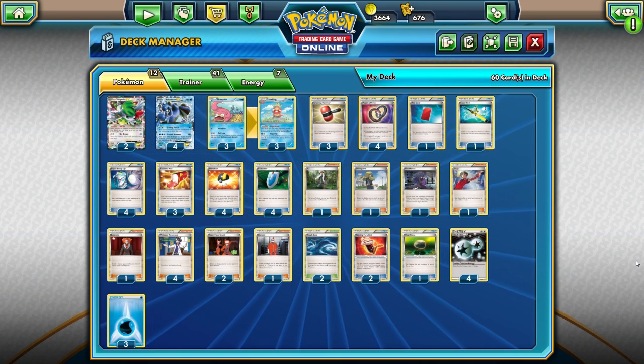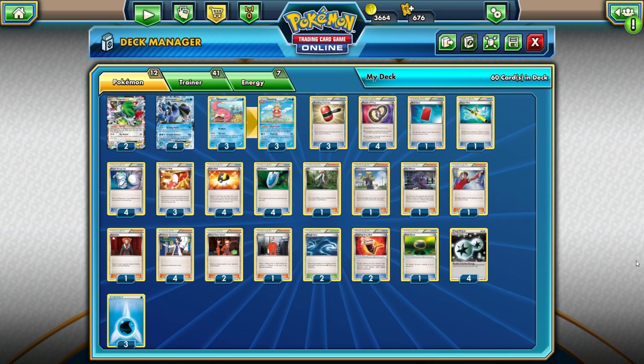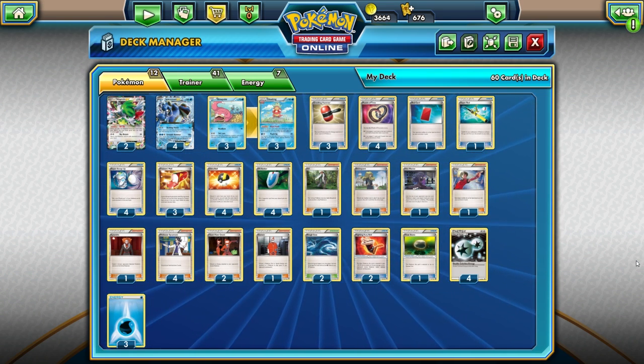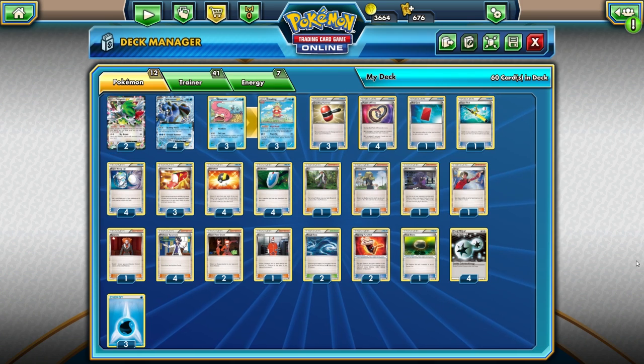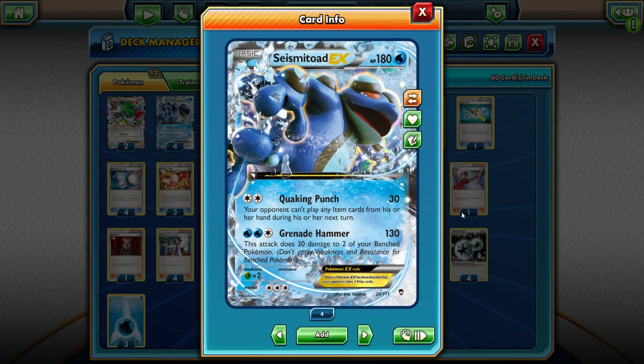Like I said, this deck hasn't really seen play, and I'm not sure why, because it's a pretty interesting deck with a pretty interesting concept of winning. So basically, the premise is, we're going to Quaking Punch most of the game, and Quaking Punch is great because it's instant item lock. For a double colorless, it's doing 30, which isn't a whole lot, but that's okay. But more importantly, our opponent cannot play items during their next turn,